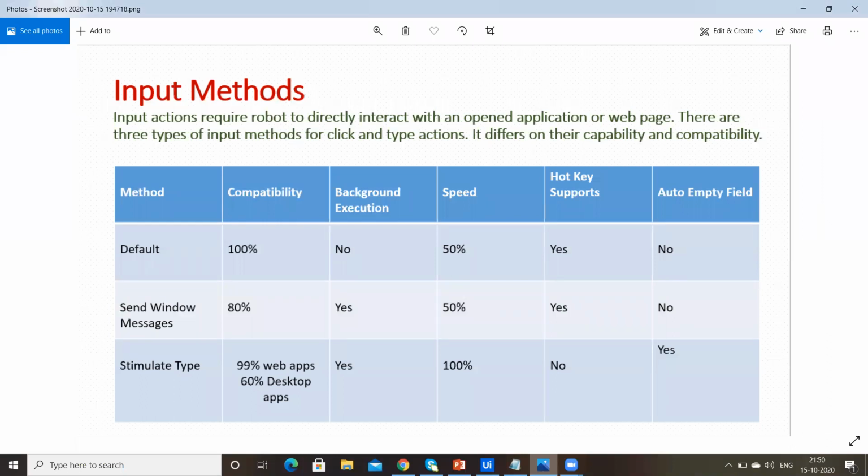As we can already see, yes, it works on background execution and the execution is done in a fraction of a second compared to default and send window messages. In this way, we can tell that it is 100% fastest and it does not support hotkeys. And yes, it supports auto empty field. It will erase all the data present previously and rewrite it.